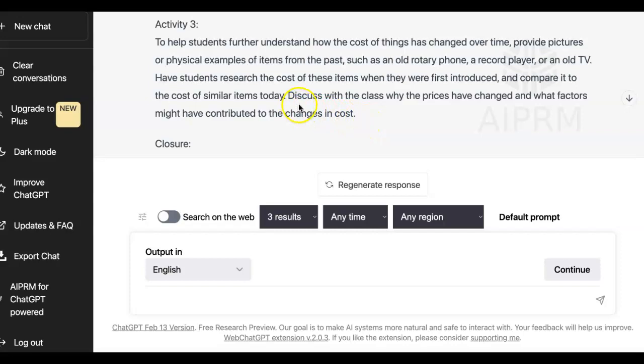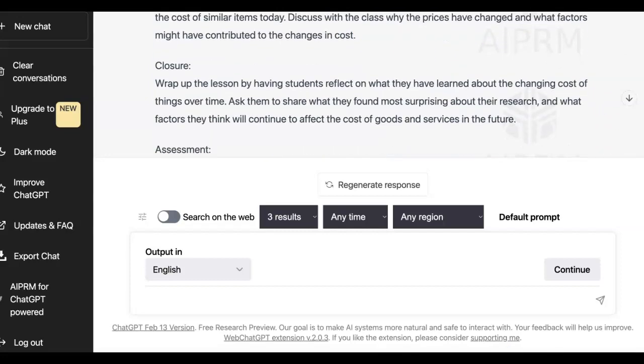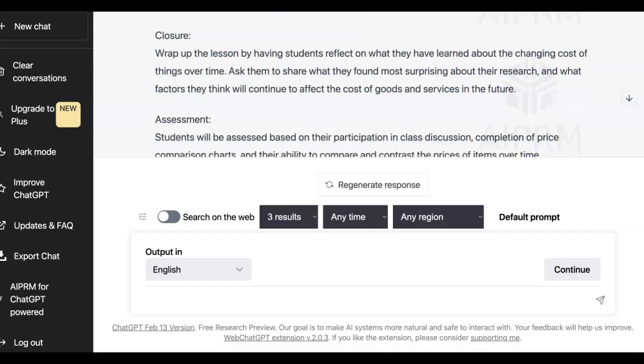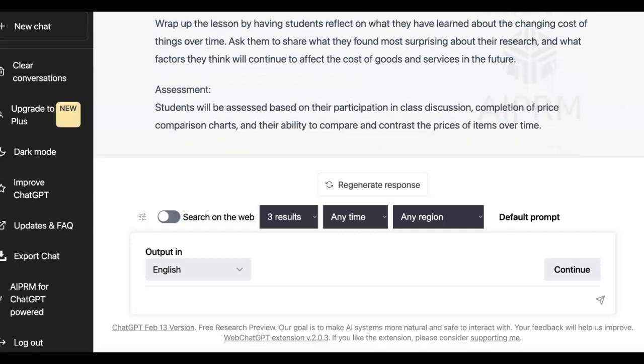Now, I think that's going to confuse the issue by having them discuss changes in the rotary phone, record player, and the TV. They're going to come up with how those devices have changed over time as the reason why the cost has changed. And that completely omits economics and the economics of prices changing. So that deviates there. And yeah, so I think this is really problematic, and would not be at all helpful if this was a lesson that